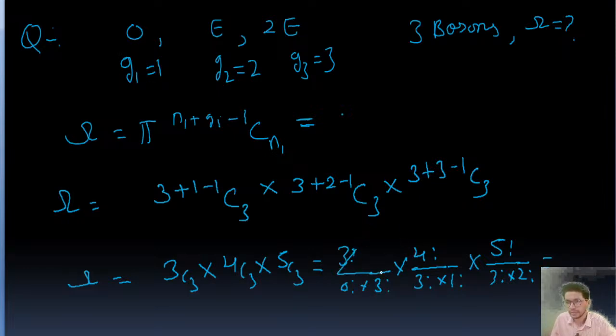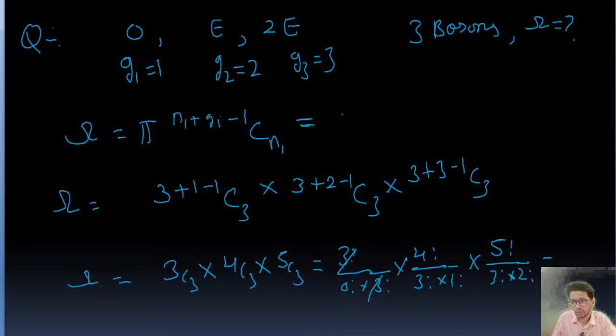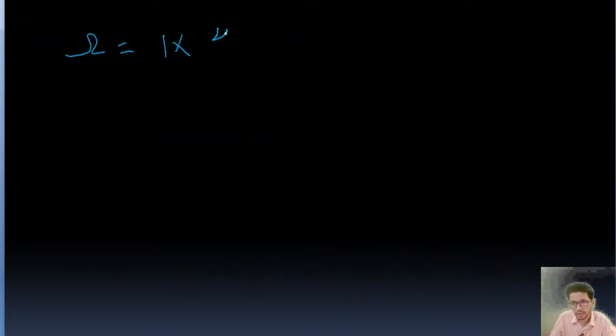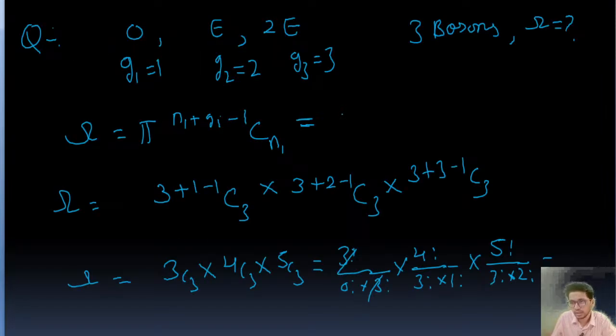So 3 factorial will get cancelled, and this 3 will cancel 4, and 3 will cancel 4 5. So this I'll write on the next page. So this is going to be 1 into 1 into this one, 4 factorial means 4 into 3 factorial, right? 4 into 3 factorial upon 3 factorial into 1 factorial is 1